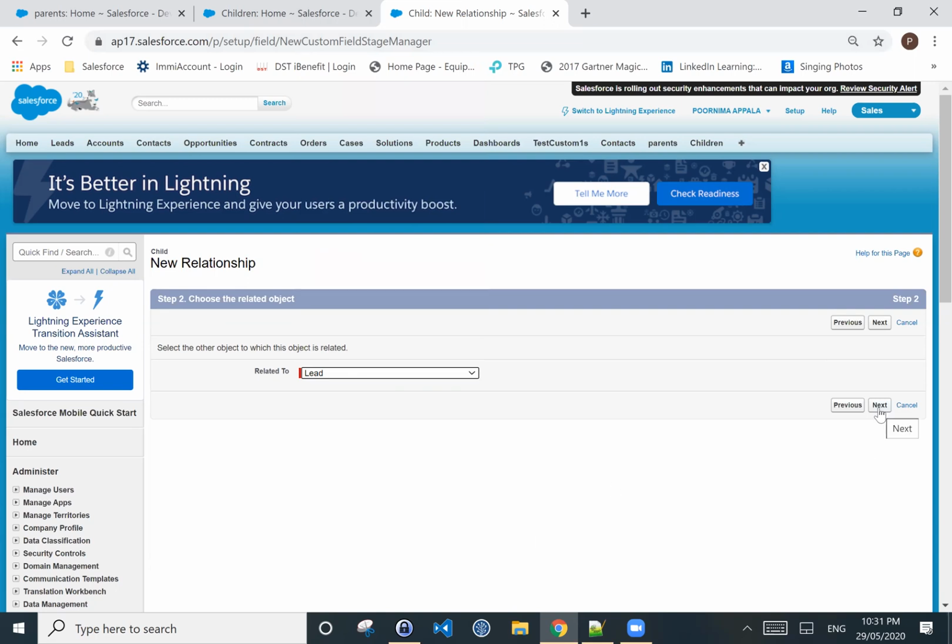Like lookup relationship, we can create 40, right? Yes, for an object. If it has a master relationship, then it is 30?